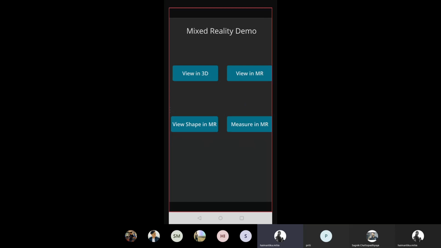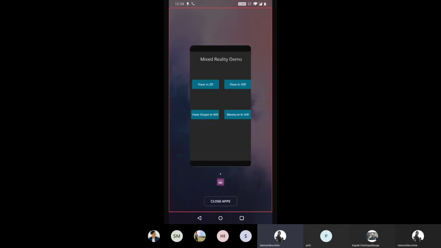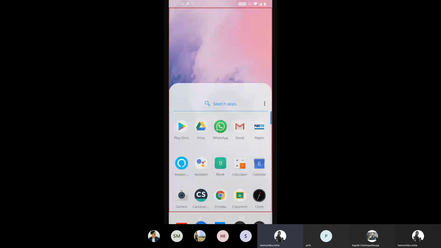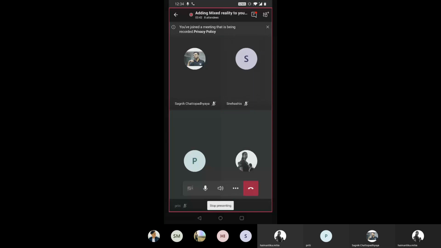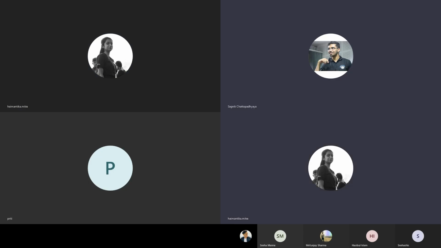Suppose, in a funnier way, it's like the Shakalaka Boom Boom pencil, the show that you used to see. Whatever you are adding as an image is present as a mixed reality feature in your house. So yeah, I think it's quite cool. You can use your imagination to make better things with it. So that was it, and I hope that you liked it.